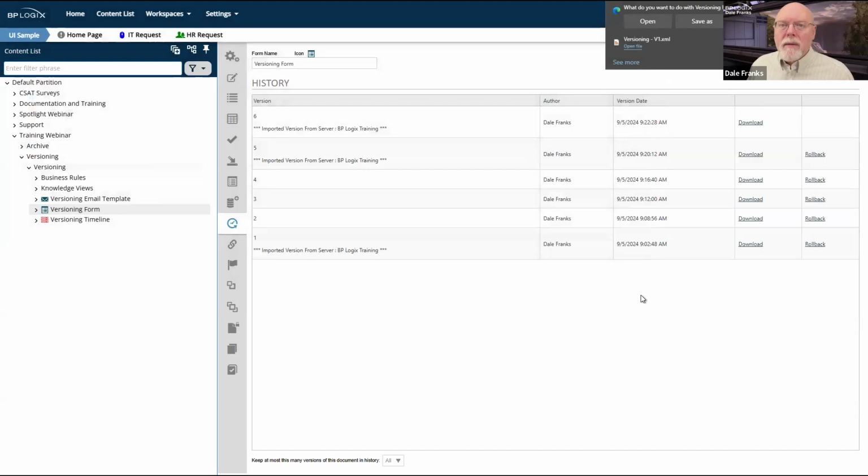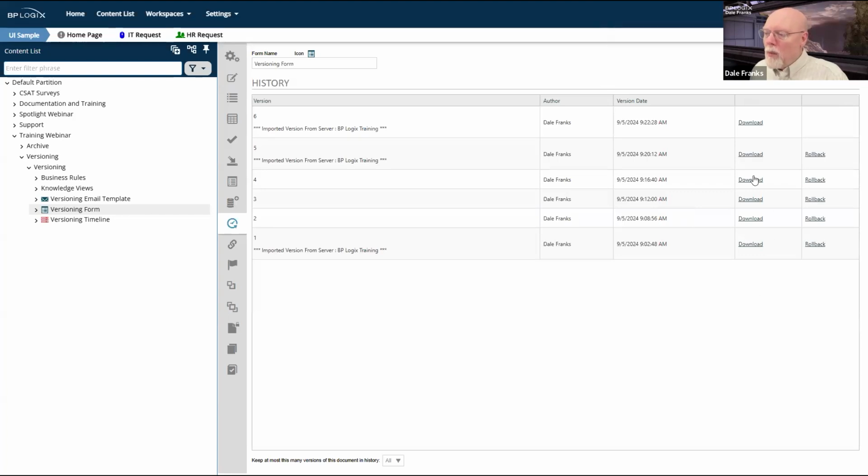And all forms were created basically as Word documents that you uploaded to the form definition to create your form template. And at the time, what this download button did was it downloaded the original Word document for that version.